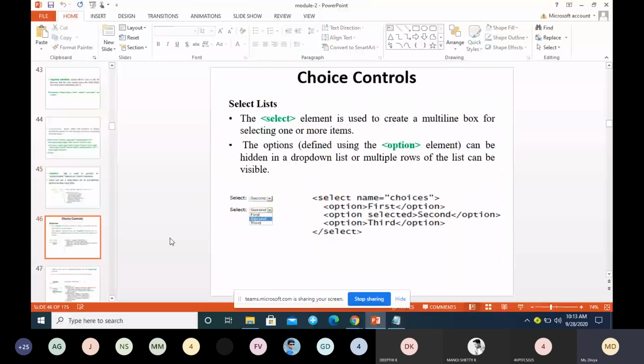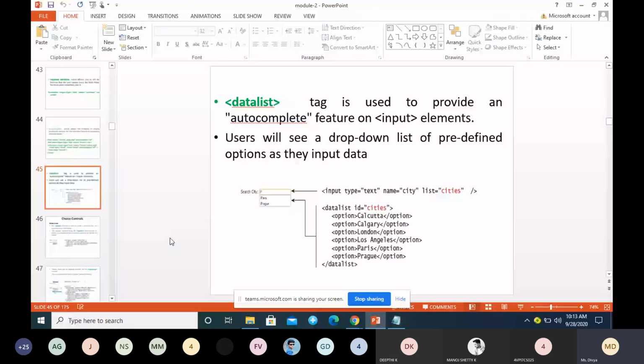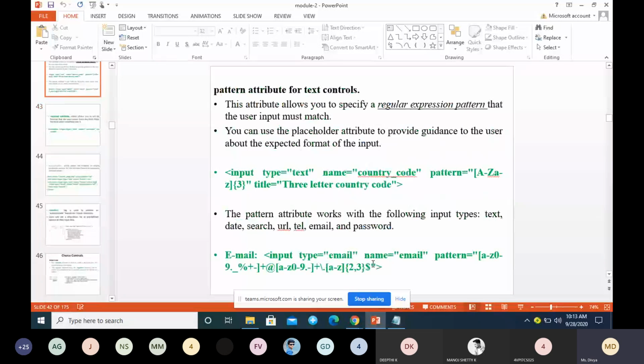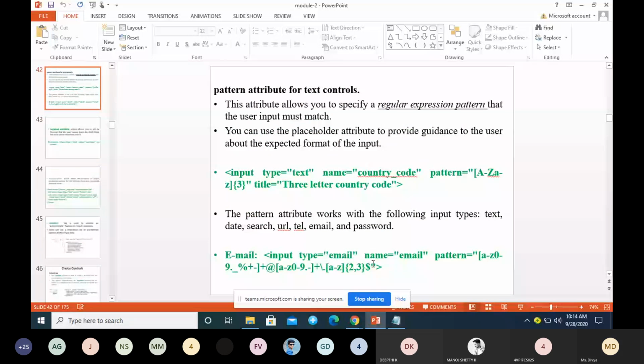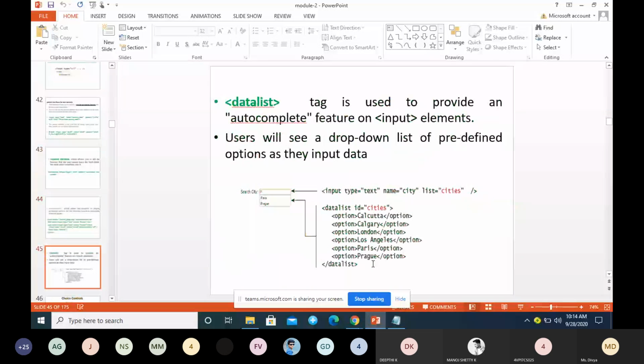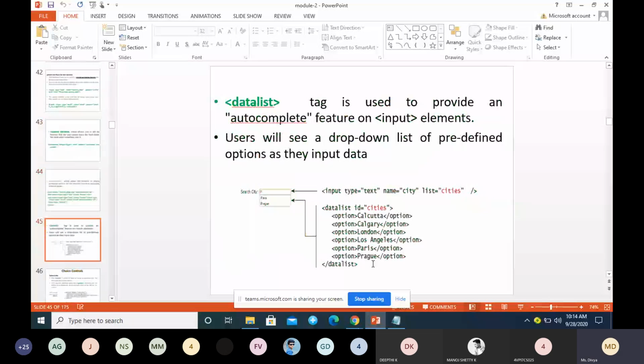So this is all about text input control and their attributes. So this is one topic. If suppose they ask you for 12 marks and all, you have to mention till here. Till here you have to mention what is autocomplete, what is data list, what is required field, what is a pattern. So what is a placeholder, everything you have to mention. So moving on to the next one.